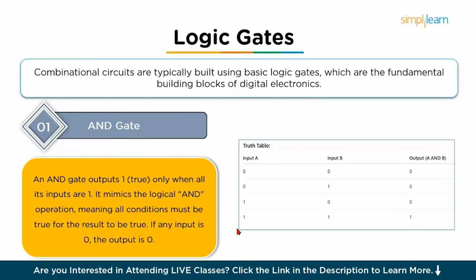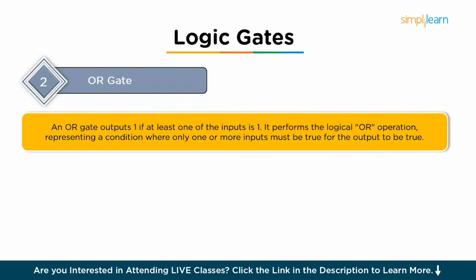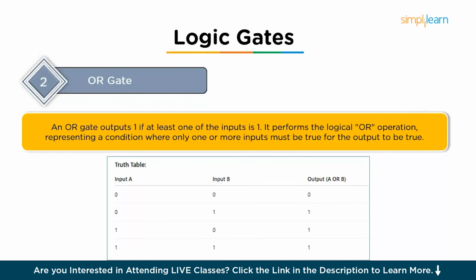Here you can see the fourth line, all inputs are 1, then the output is 1. Otherwise, it's 0. Then the second gate is the OR gate. An OR gate outputs 1 if at least one of the inputs is 1. It performs the logical OR operation, representing a condition where one or more inputs must be true for the